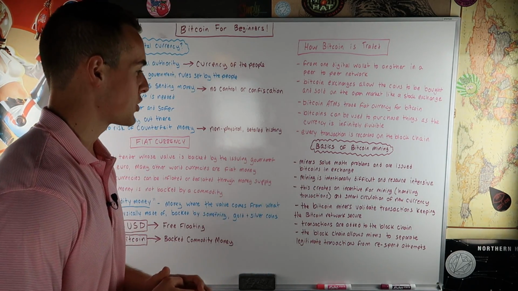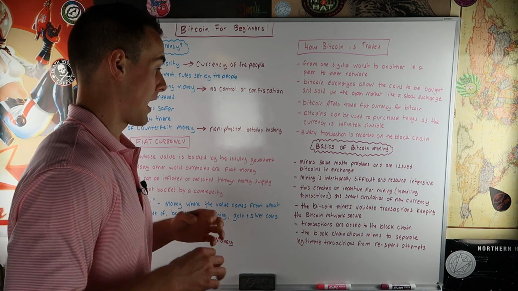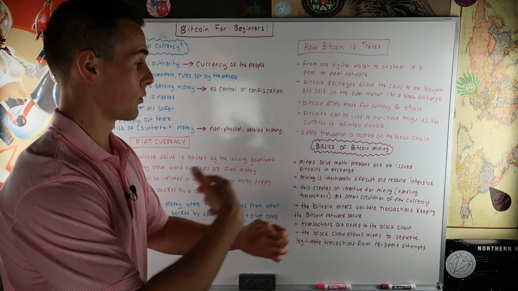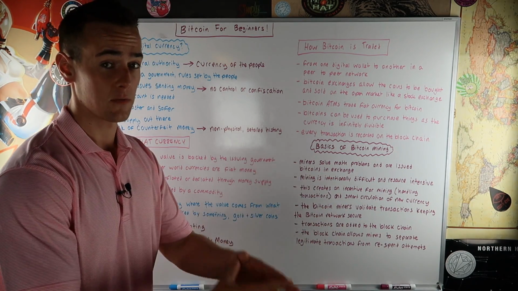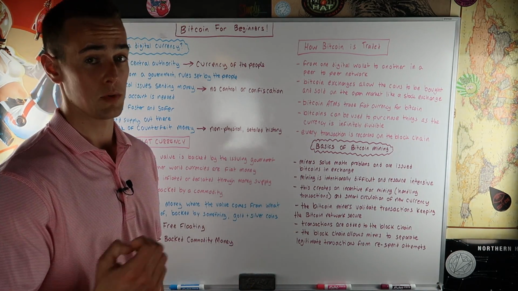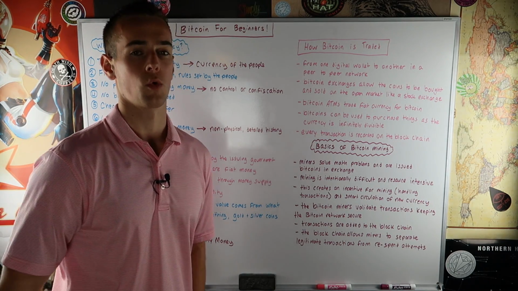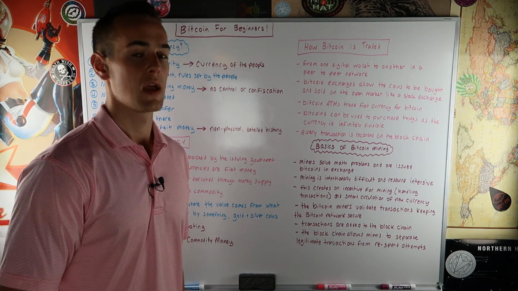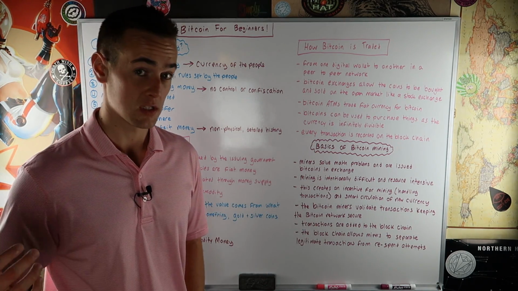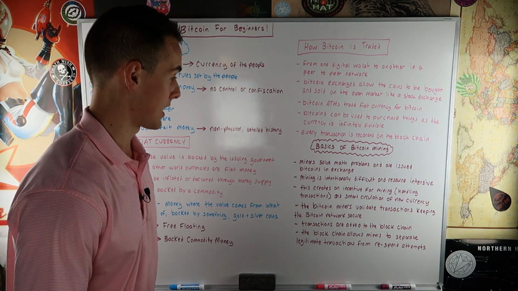Now, mining is intentionally difficult and resource intensive because they want this to be something that people have a difficult time doing, so that way not one person can control the whole network and get all those Bitcoins. That's why you need very sophisticated and advanced computer equipment to be a Bitcoin miner. You can't just take your laptop or your regular desktop computer from your house and start mining Bitcoins. You have to actually build or purchase machines built for Bitcoin mining that are built to handle those resource-intensive math problems